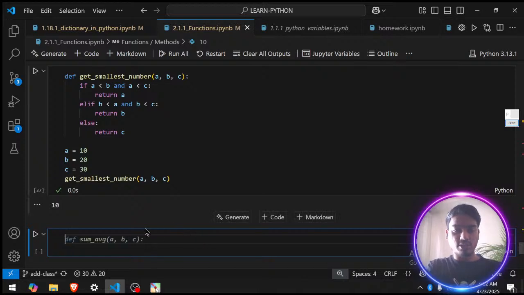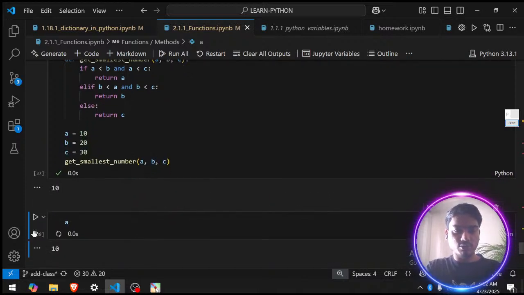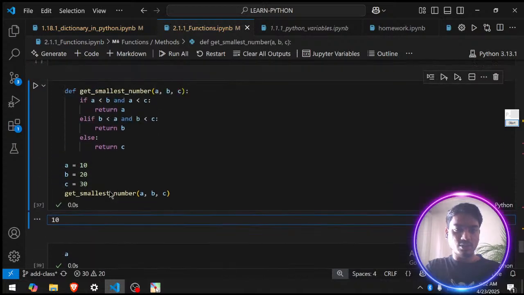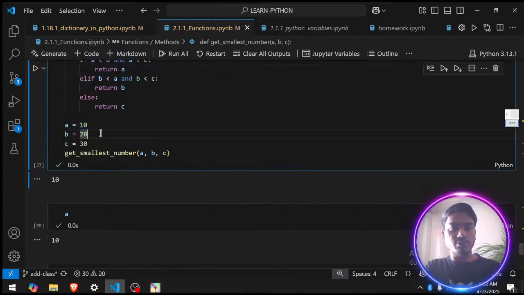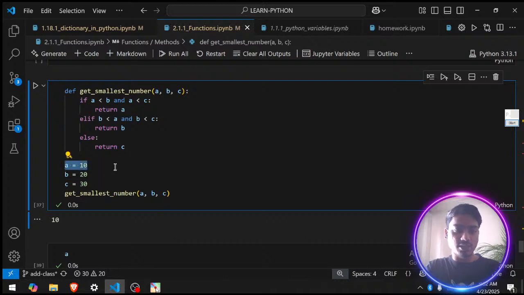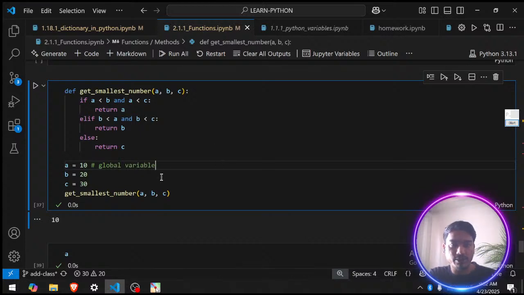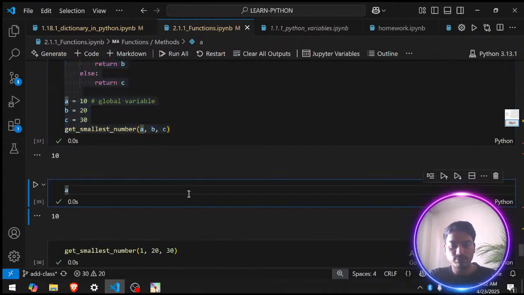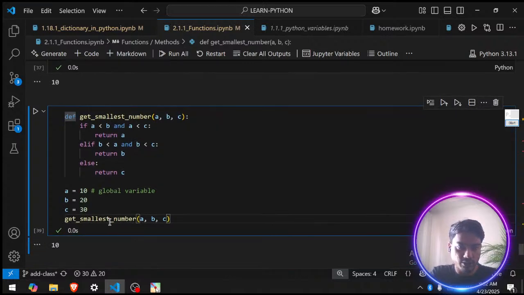So if you ask the value of a, you will get an answer as 10. You will get an answer as 10 anywhere you ask, because this value has been registered equal to 10. That is why it is called a global variable, okay, global variable. But what if I don't, similarly, let me copy this. What if I don't